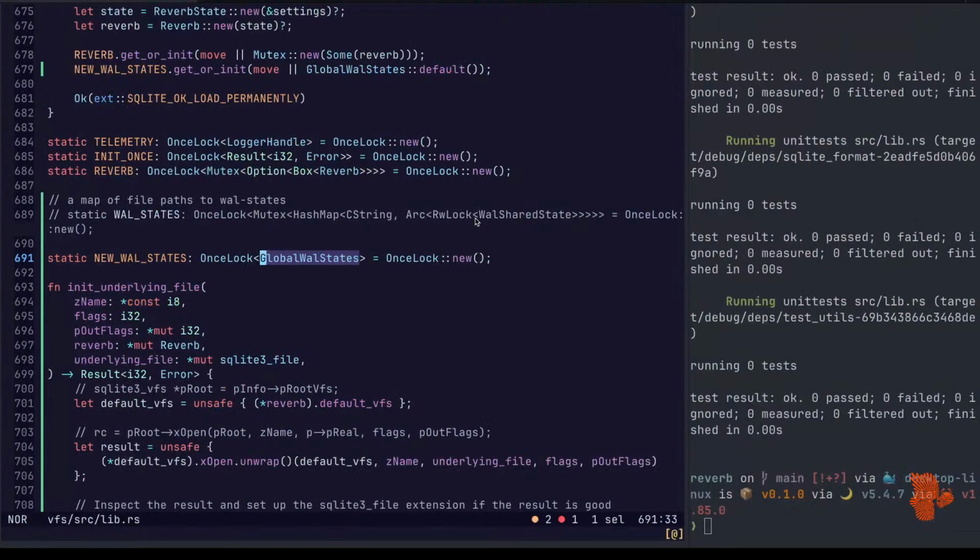The issue I'm having is that any sort of mutation to a wall log would only ever happen in one thread, and this is guaranteed by SQLite. So how do we avoid double locking? I mean, it should be cheap, right?